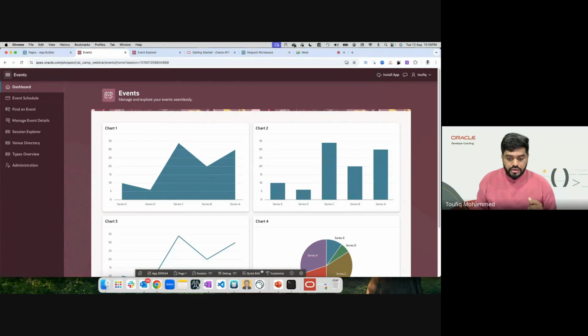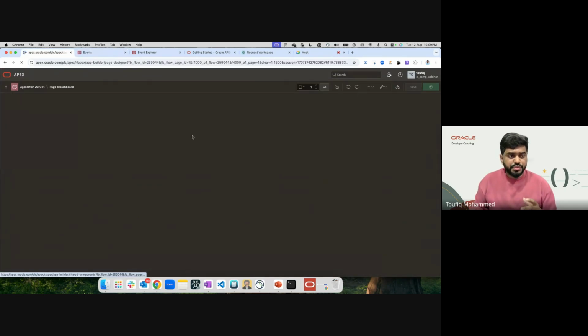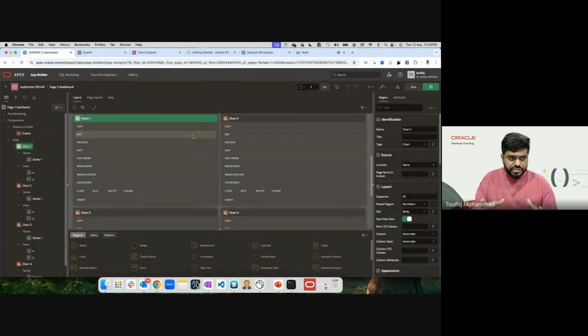I can quick edit on this particular chart. If I quick edit on this, it takes me to this page. This is called page designer. This is where all the customizations happen. So you as a developer, if you're working with Apex, when not using AI, you come to this page designer to make these